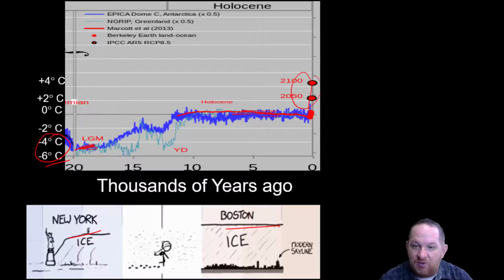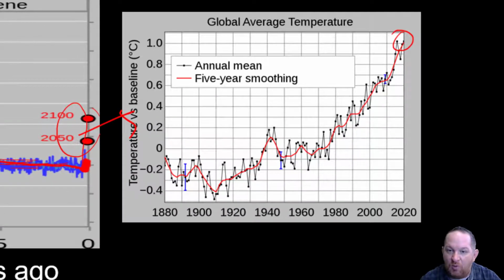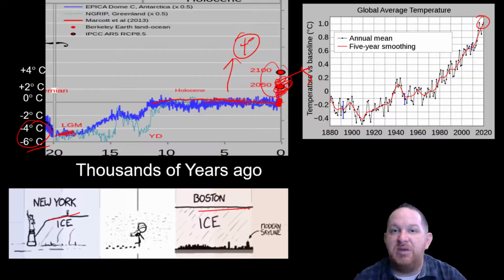So if you take this little area right here and sort of zoom out, notice what's happening. We are already 1 degree above. So we're up here, right? Think about 4 degrees the other way, what that caused the Ice Age. 4 to 6 degrees this way is going to be catastrophic for our planet. And so that's why so many scientists are concerned about climate change, because the data is showing us that this is a really big issue, okay?